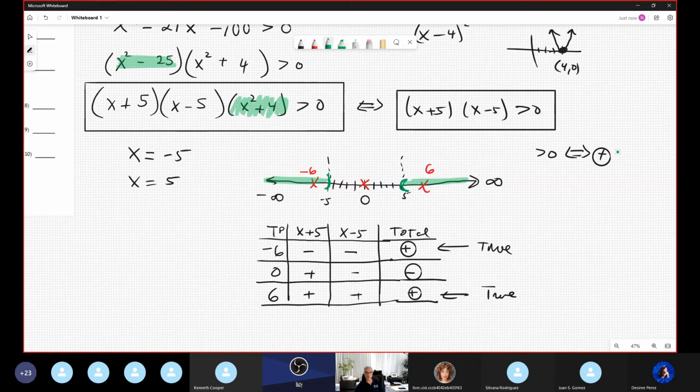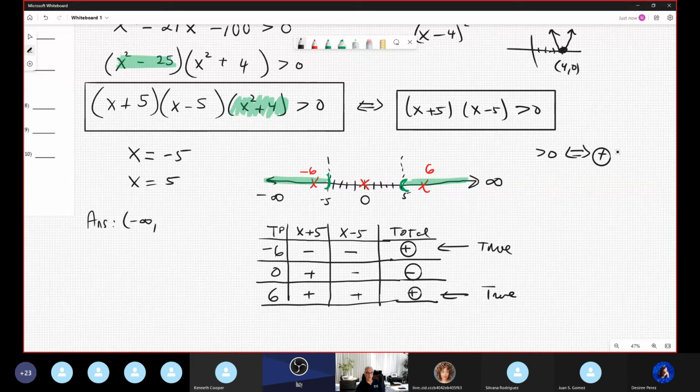And it's obvious, no? So you plug in 5 here. 5 minus 5 is 0. 0 times any number is 0. And 0 is not greater than 0. If you include the possibility of greater than or equal to, then you say yes. But in this case, no. What is the final answer? The final answer is